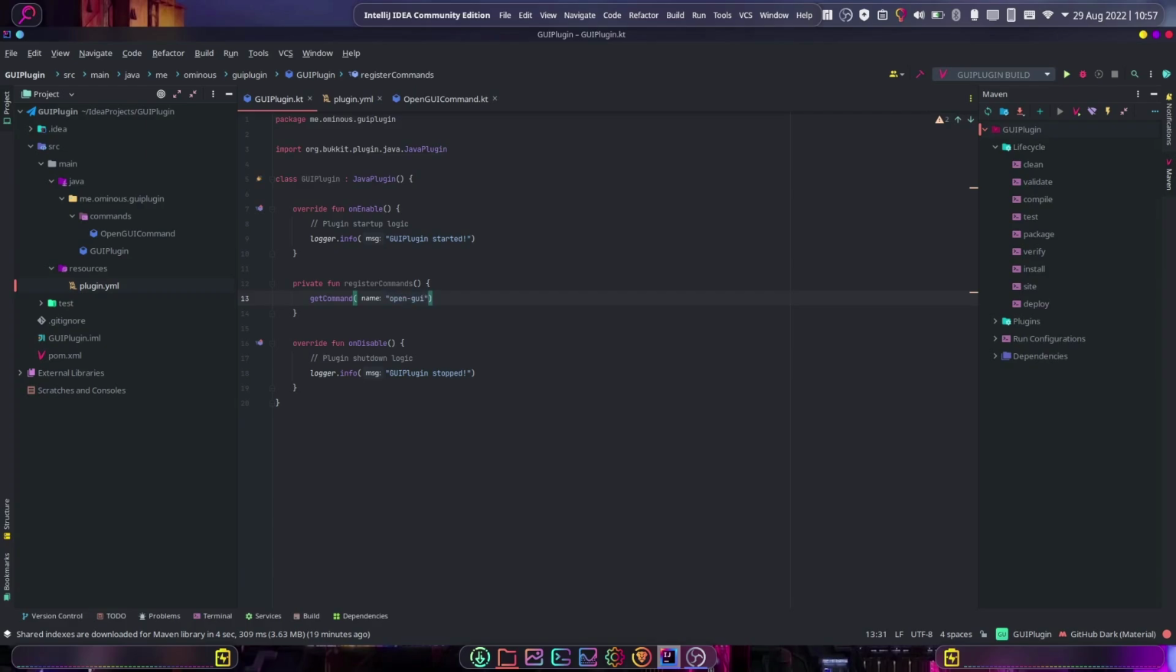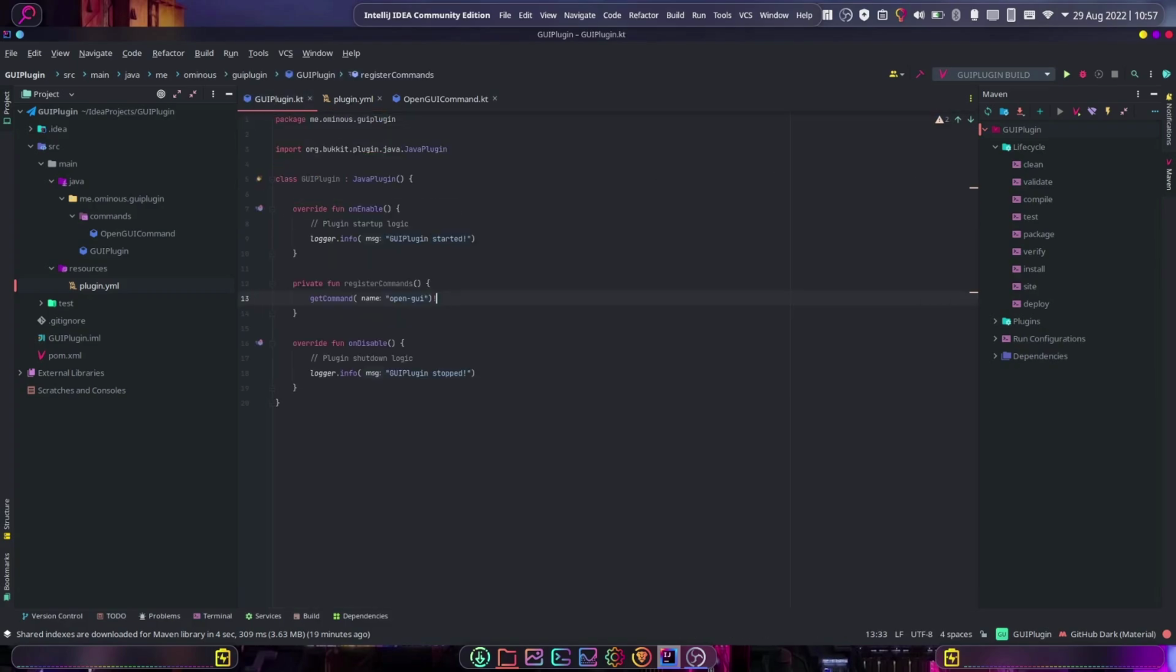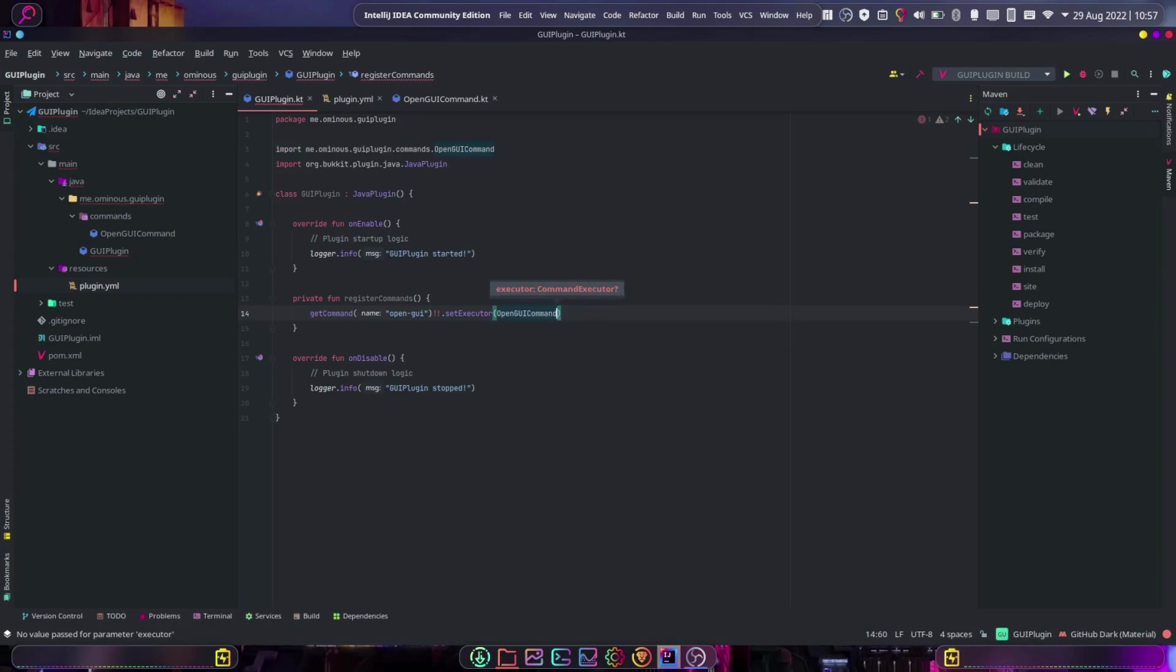I'm going to do not null because we want to throw an error if that's null, because it should never be null because we assigned it here. And if it is, then we want it to tell us. If we were to do a question mark, it would just mean that it wouldn't do anything and it wouldn't throw any errors. We'd never know why the command wasn't working. So we're going to do 2 exclamation marks to say that this will not be null, and if it is, throw an error. So let's do dot setExecutor, and then we want to pass in our openGUI command